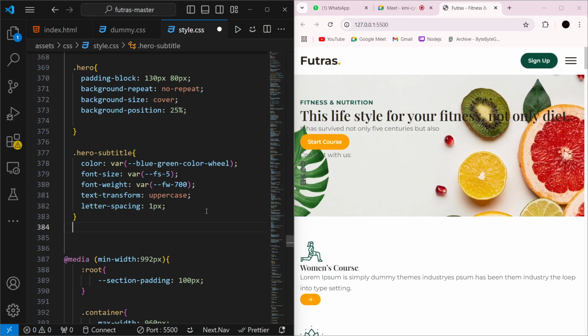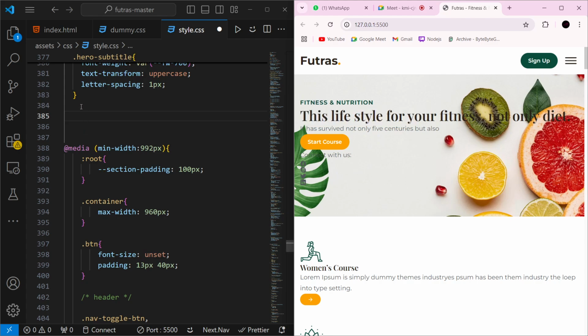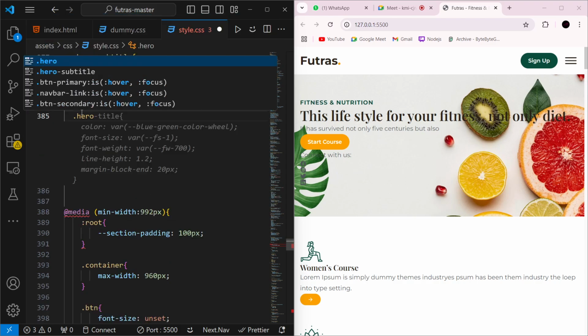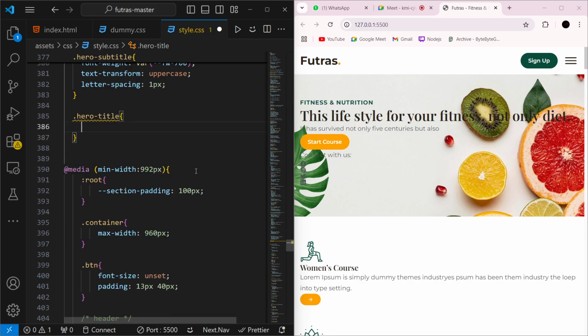Next we will go for hero title. Hero title means I think this one. So dot hero title. We are adding color, and there is no need of writing all this CSS. Let's remove this, and we have to add simply